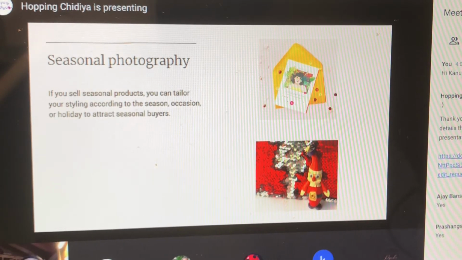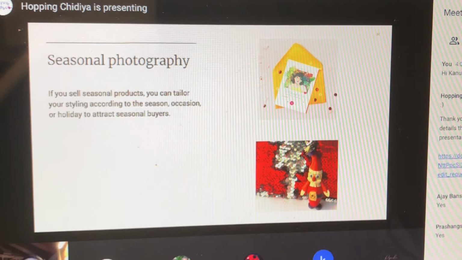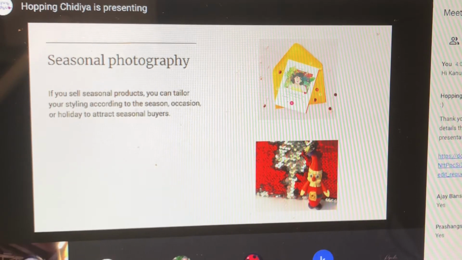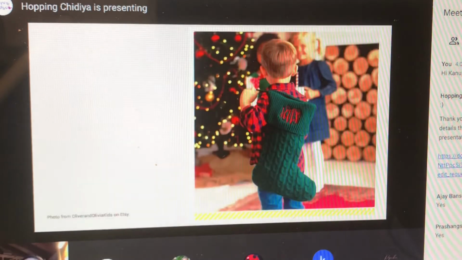Whereas in the upper one, there's a little bit of confetti, and it nicely shows that it's an invite, and there's going to be a party or something like that. This is a very good shot for a festive thing. Everything related to Christmas is there in the background. It's blurred, but still it shows the feeling of the festival, and the product is right up front and very clear with all the details. And the usage also, they've very smartly put the consumer in there.